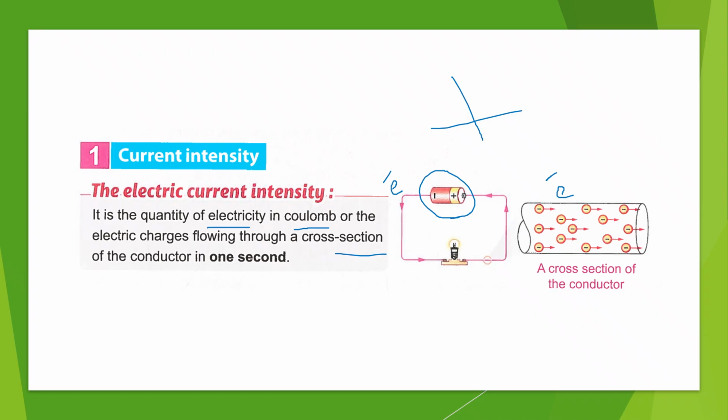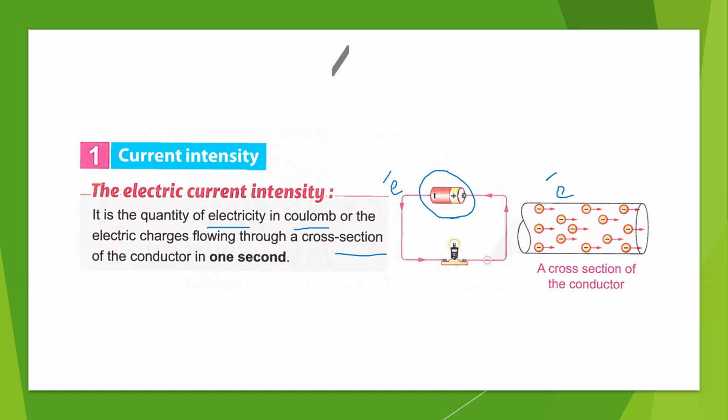Say this is an electric wire or electric conductor. If we cut it like this, it is called a cross section of the wire. How many electric charges, how many electrons, or the quantity of electric charges that can flow through it in 1 second is called the electric current intensity, and we usually